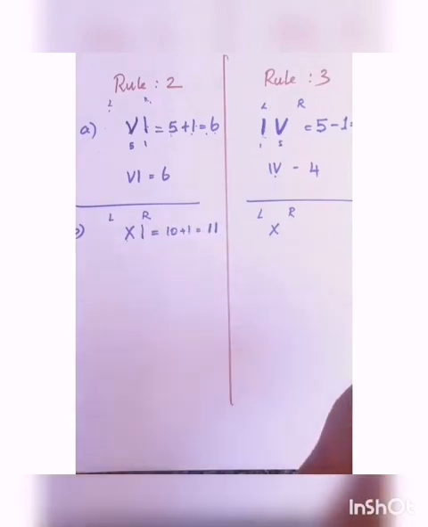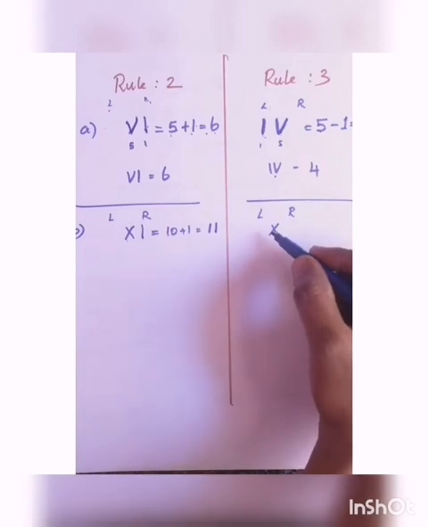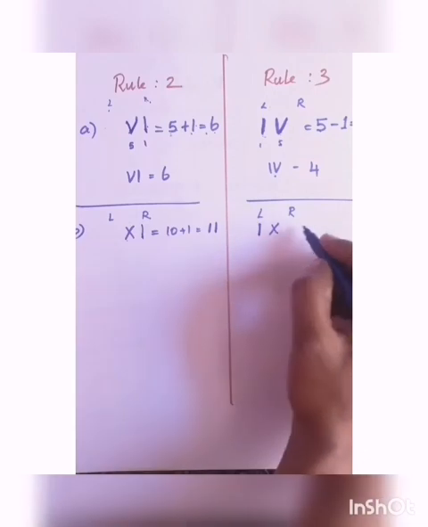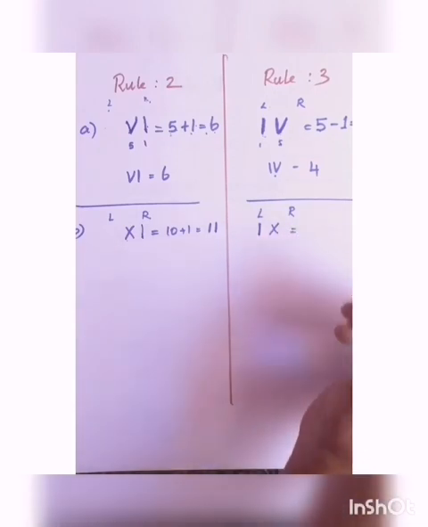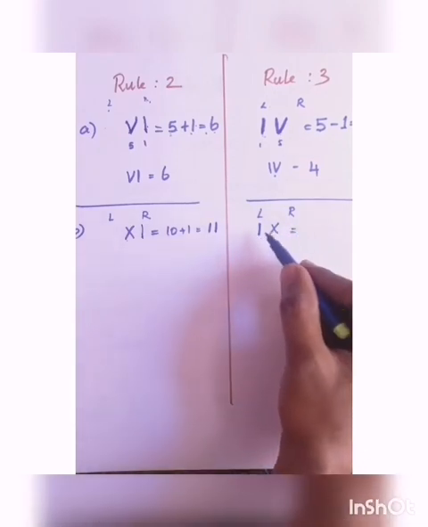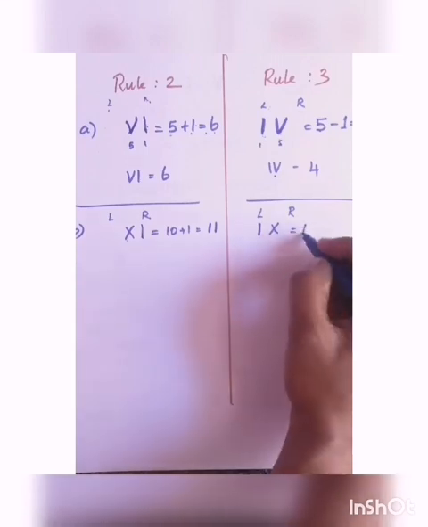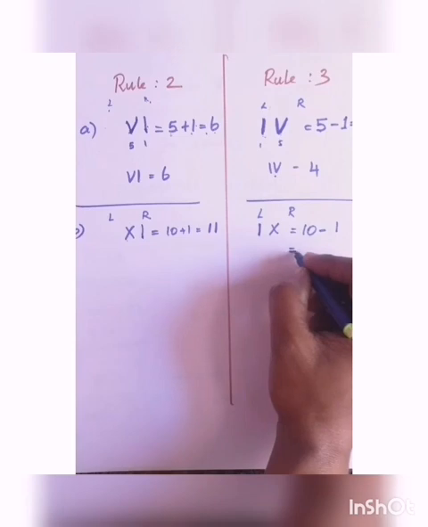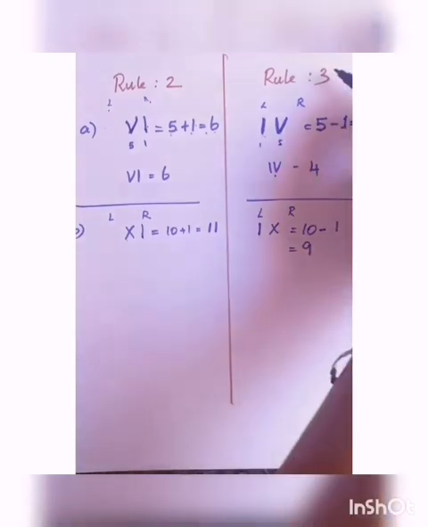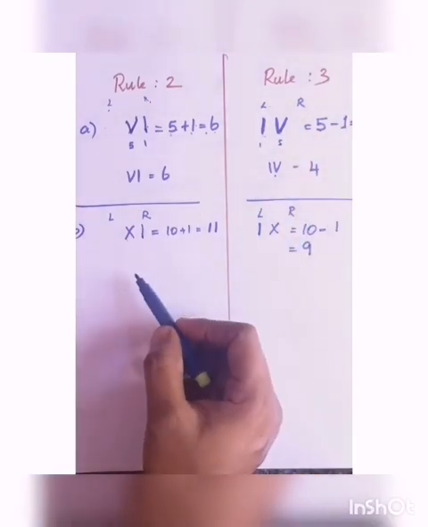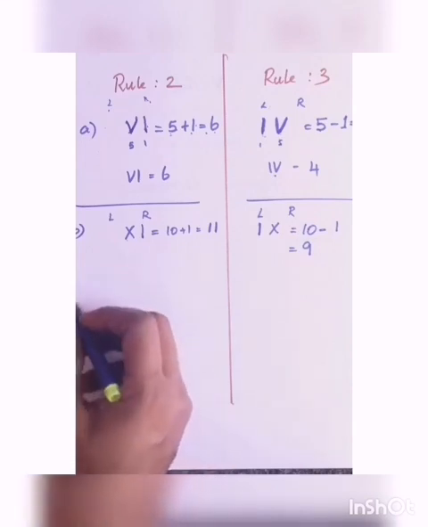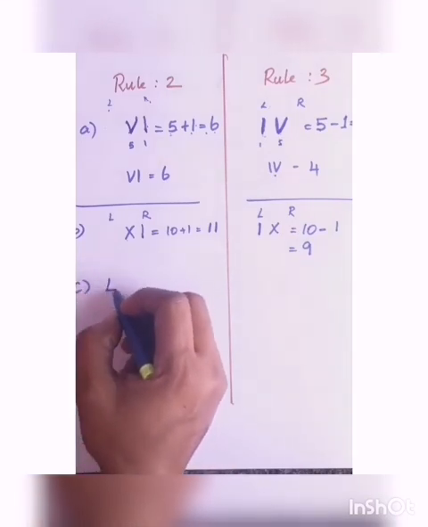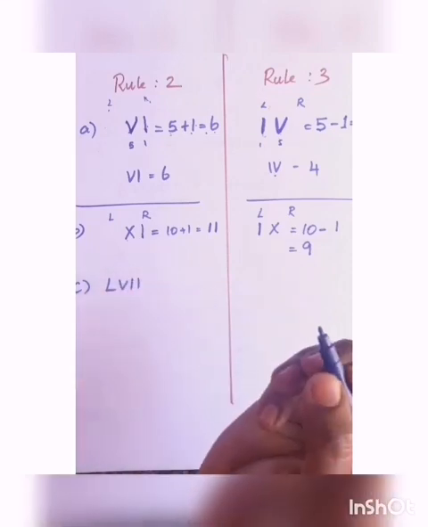Do you remember this? This is rule number 3. When I appears on the left side, you have to subtract. From what do you subtract? You subtract I from X. What is the value of X? 10. 10 minus 1, how much do we get? 9. So this is rule number 3 and this is rule number 2. Is it clear? Next one. Problem C. Look at this. What do you have to do? Tell me. L, like this I have to put here.